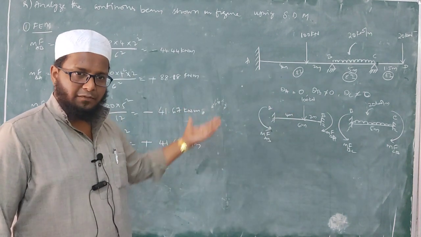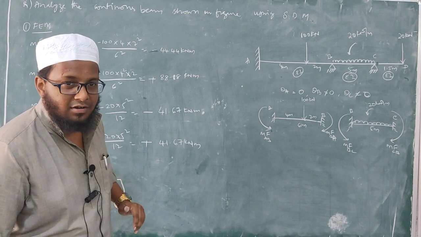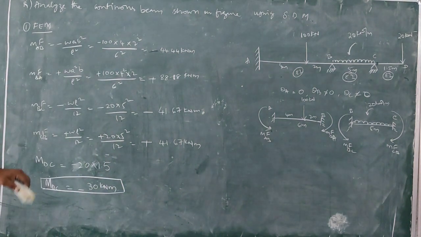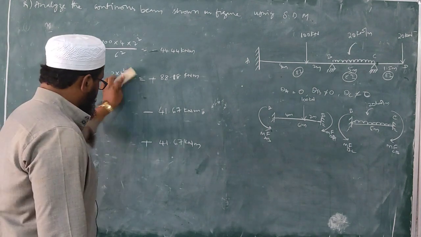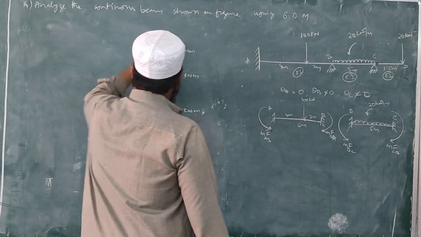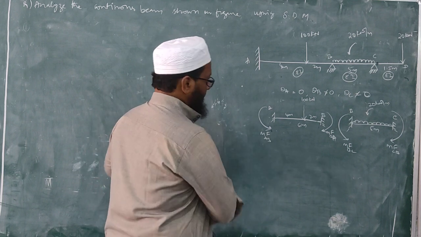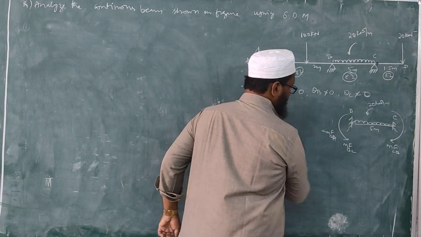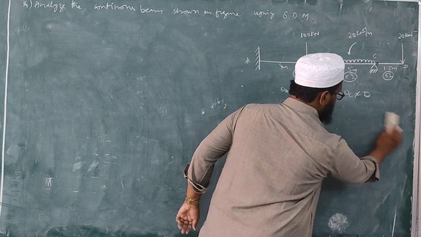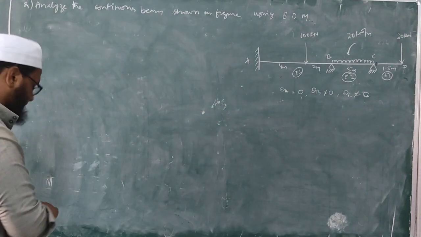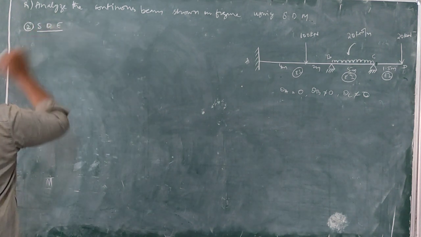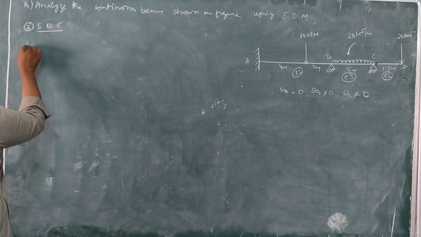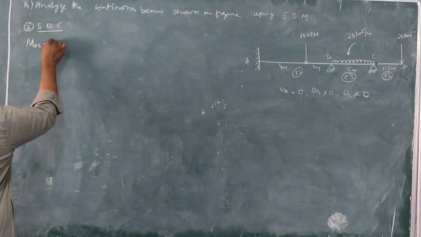What is happening? How many steps we have followed in every problem. In the first step, we'll calculate fixed end moments. After that, we will go for the slope deflection equation. So this is what you can copy down. Fine. This is also over, so I will try to erase it. Next we will go for the second step, that is slope deflection equations.